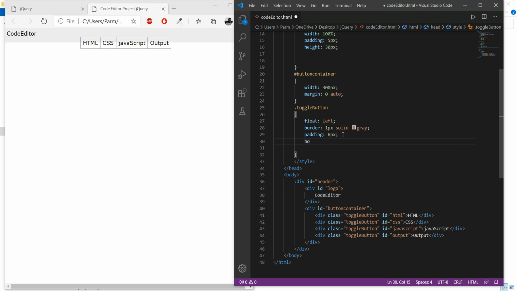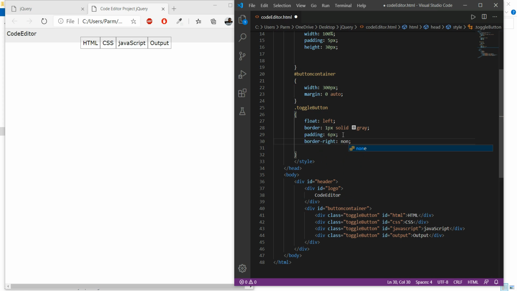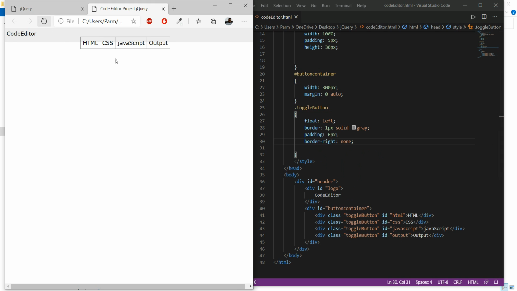So border right none. Here we go, save this. Yeah, now the single line is removed from here, but the problem is that the border from the output right is also removed. So we can correct it at a later stage, nothing to worry about.